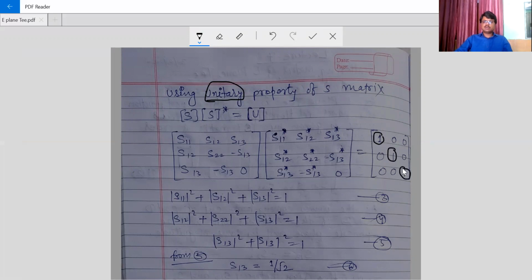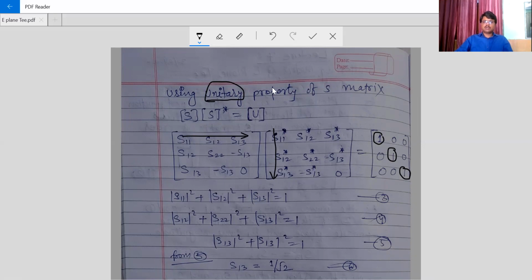How will these three come? If we multiply the first row and the first column, it will give the one. So what will be its value? S11 into S11 conjugate, means S11 magnitude whole square plus S12 magnitude whole square plus S13 magnitude whole square